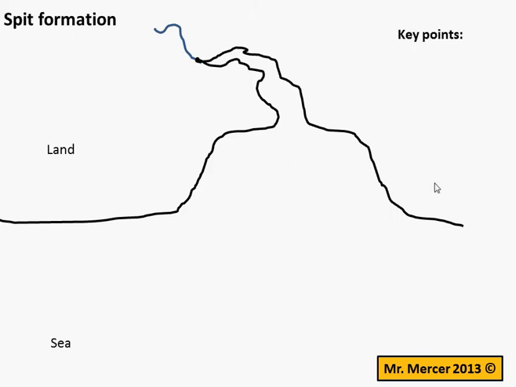Okay, so first things first, we've got the land and we've got the sea. When you're drawing the diagram, make sure that you point out very clearly which side of your black line here is the land and which side is the sea. We have a river reaching a river mouth here, washing out into the sea, washing out into a wide bay. Okay, once you've drawn that,